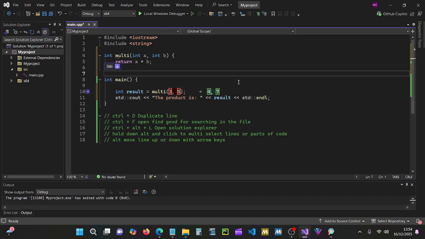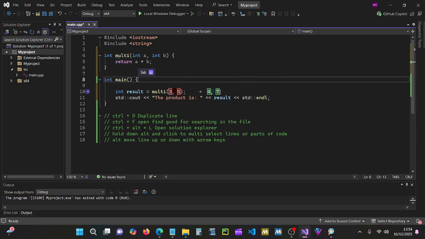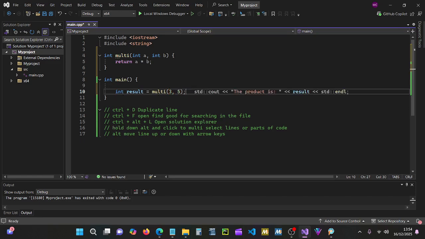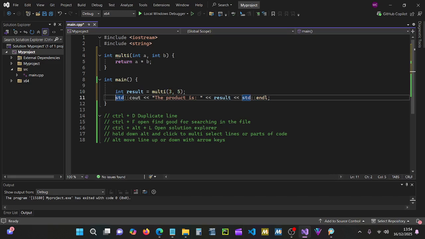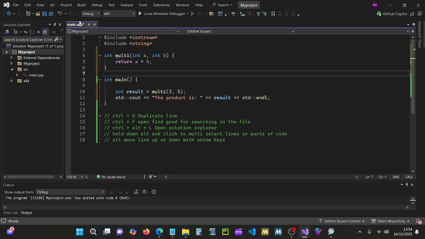I have no idea what that tab thing is. It's arrived on my screen and I don't know how to get rid of it. That's clever, isn't it? Right, let's do that. Okay, that seems to have moved it. Right. Okay, so if we run this now,